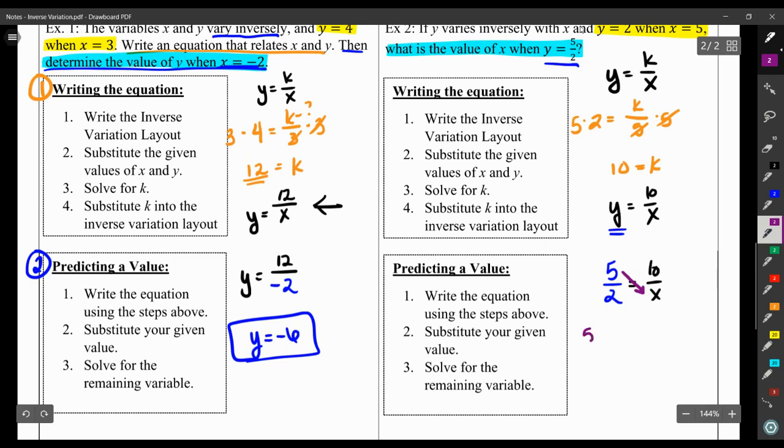5 times x will give you 5x is equal to 2 times 10, which will give you 20. And then to simply solve for x, you're going to divide out the 5. So x is equal to 4. So when y is 5 halves, your x is equal to 4. Now, this is the basic process you're going to use in order to solve application problems involving inverse variation,